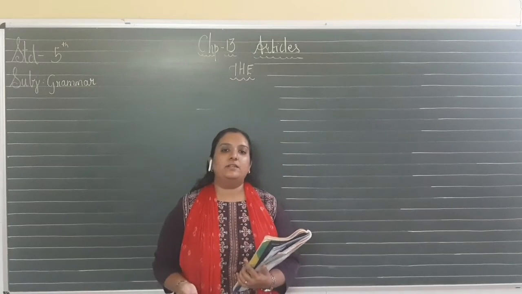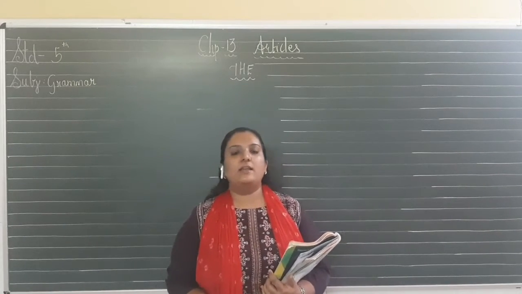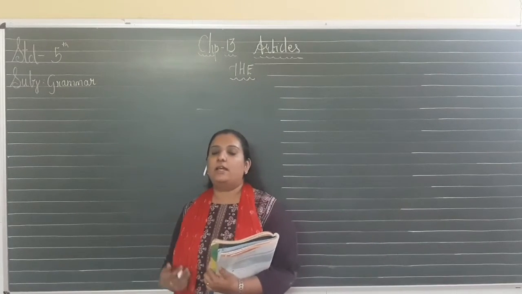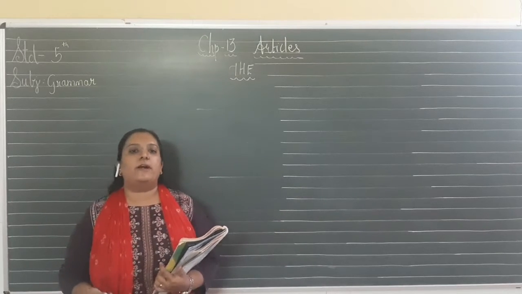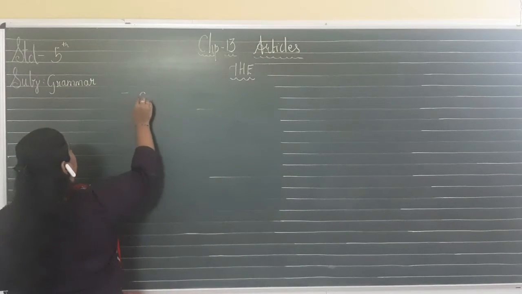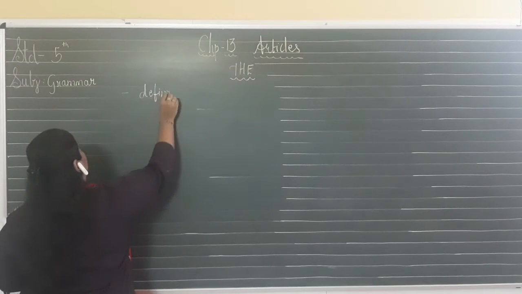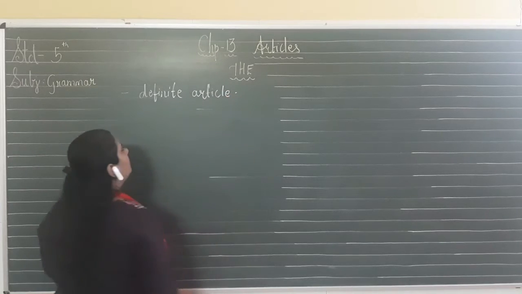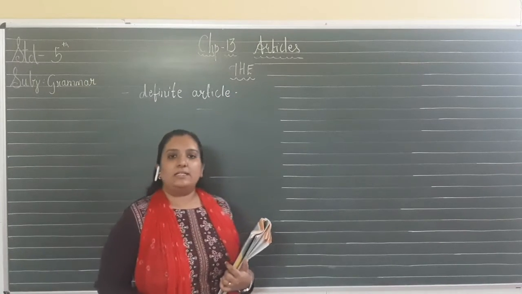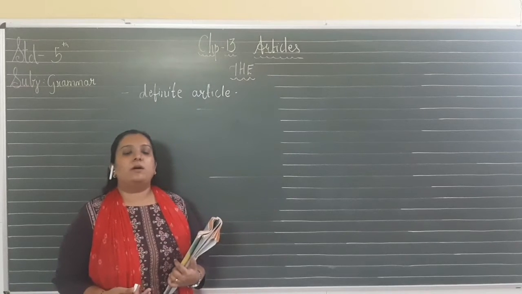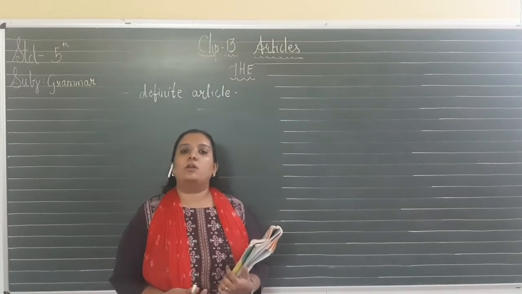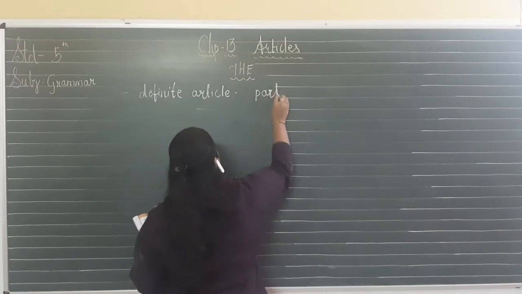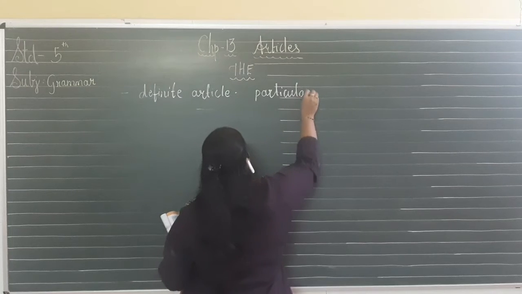Okay students, after learning about articles A and an, now we will study article the. Where do we use article the and what is it called? It is called a definite article. Why is it called a definite article? Because whenever we talk about a particular person, animal or thing, we use article the. Whenever we talk about a particular or specific